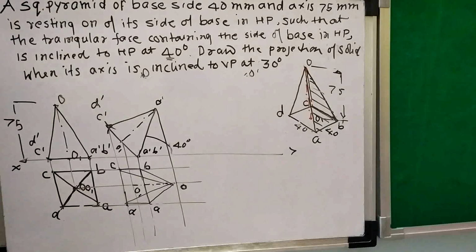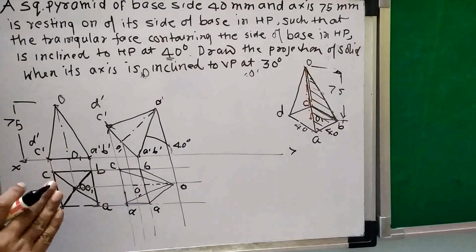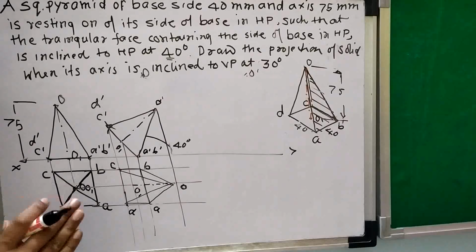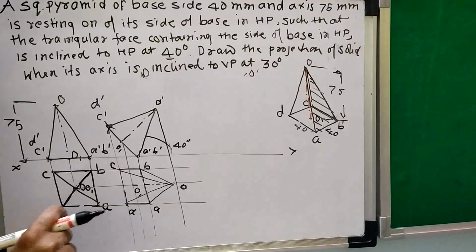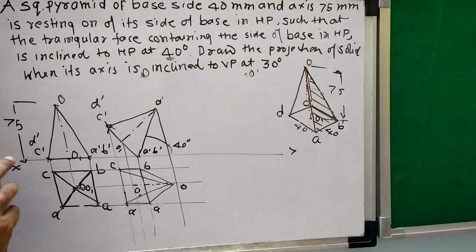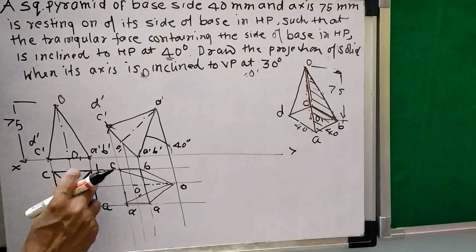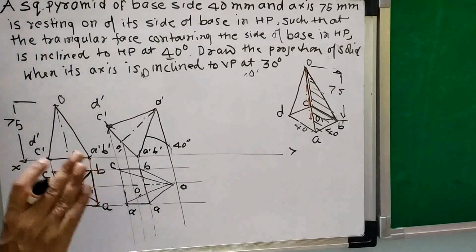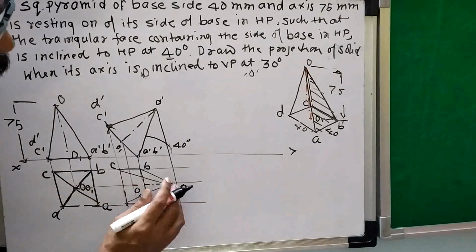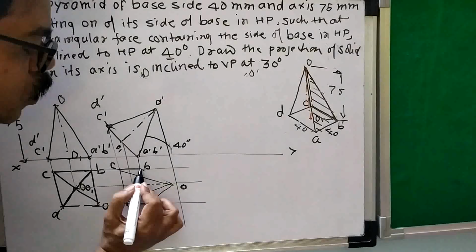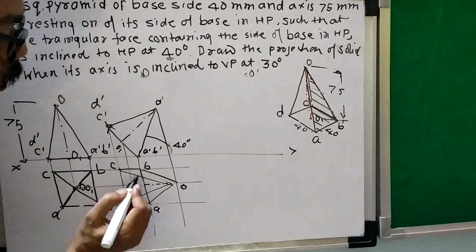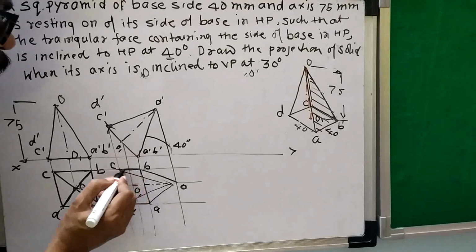But here, when you are completing this solid, there are some rules. That is, the rules according to the hidden parts and observable parts. So which are the parts which can be seen and which are hidden, that we have to decide. So initially, there is a rule: all the boundary parts are dark. So you have to join all the boundary lines with a dark line, because those are observable. For example, I can join OB. So OB is a boundary line, so OB will be dark. Then BC is a boundary line, so BC will be dark.